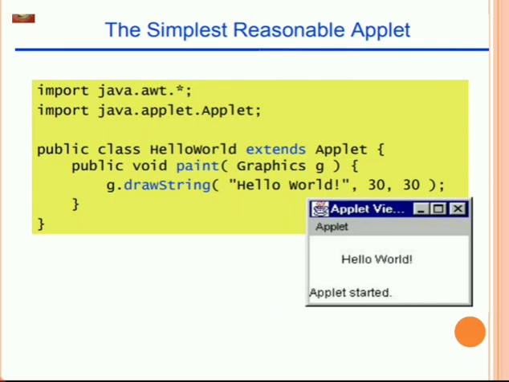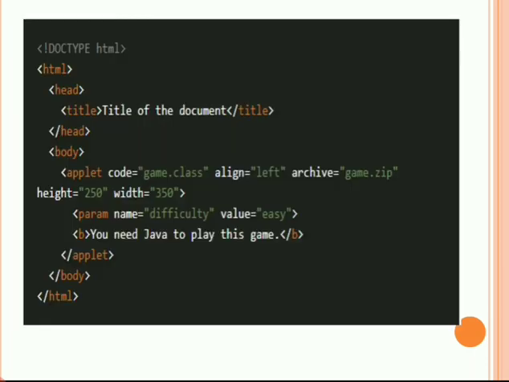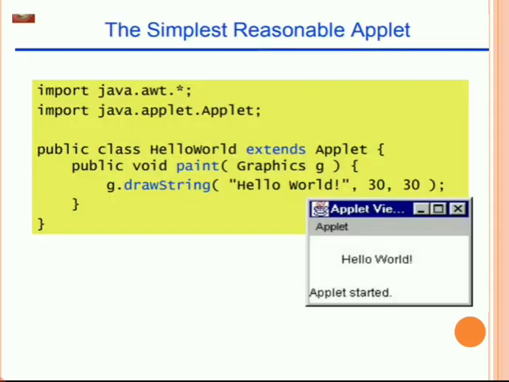As we have seen width is equal to, height is equal to, जो देते हैं ना हम, वो उसमें दिया है. Hello World is nothing but the text of that particular applet, मतलब उसका जो name होगा उस पर जो print होके आने वाला है, that is nothing but the Hello World. And 30, 30 is the position in that particular applet. Whenever we run this particular applet, we will get this applet at the end as shown in the slide.